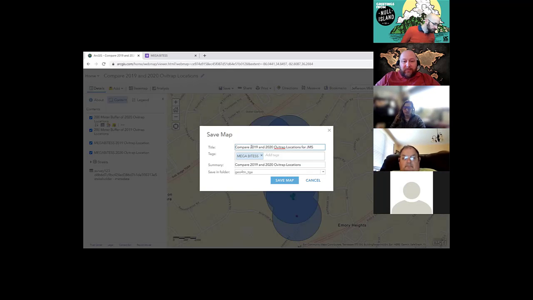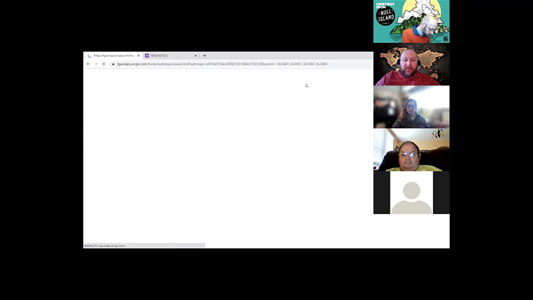I saved mine as compare 2019-2020 overtrap locations for JMS, because I just went ahead and saved it to put a bookmark for my school. So you can either put your name or your school. That's up to you.